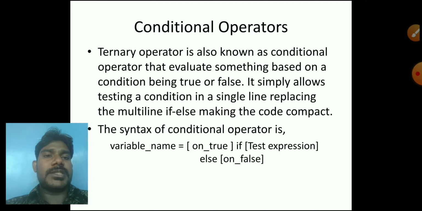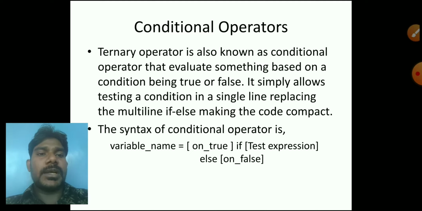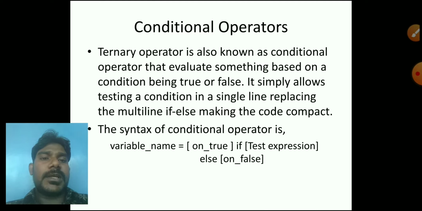One condition is there and two expressions are there in a conditional operator itself. The result will be stored in that particular variable name. If the condition is true, the true part will execute; if the condition is false, the else part will execute, and that result will be stored in that variable name equal. That's why we mention the equal symbol. The conditional operator explains one condition with two expressions, a true or false expression. Next one,